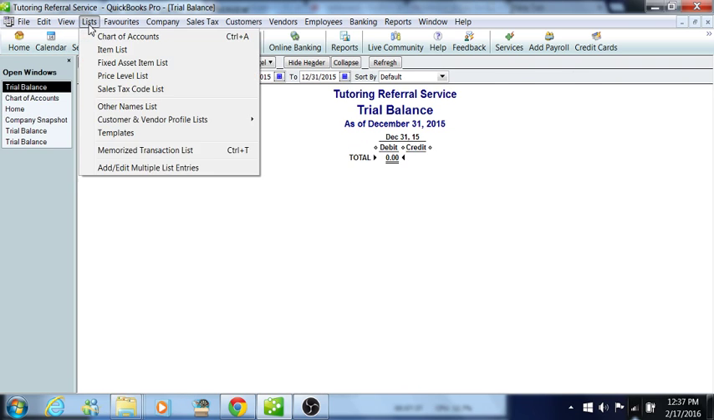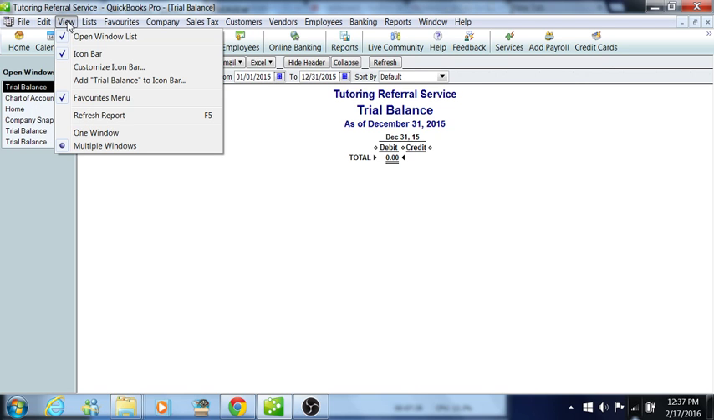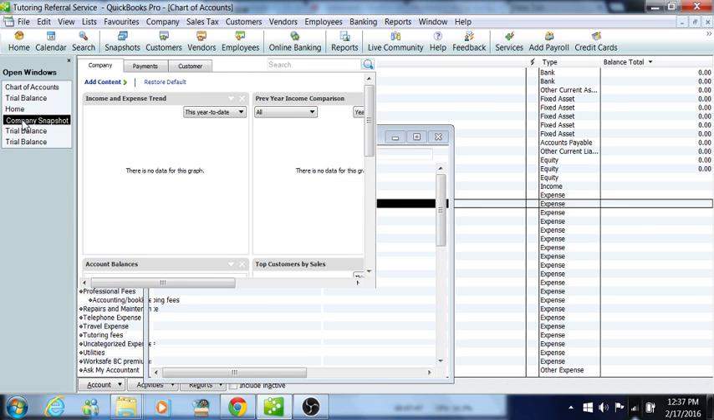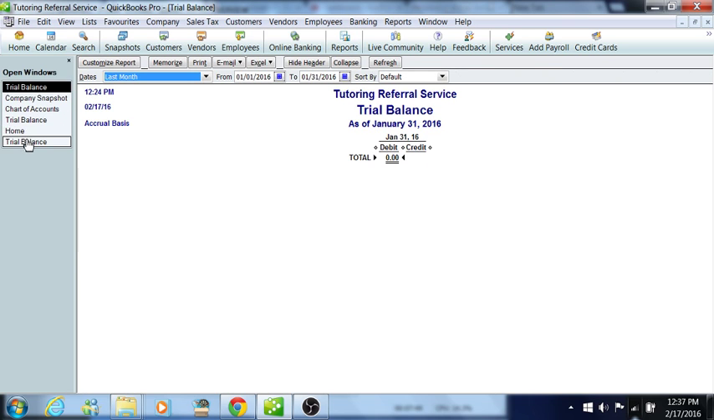And I also recommend viewing your open windows list so that you can see which windows you have open, and you don't have to keep going back to the top menu. You can just toggle back and forth through these, and then you can also